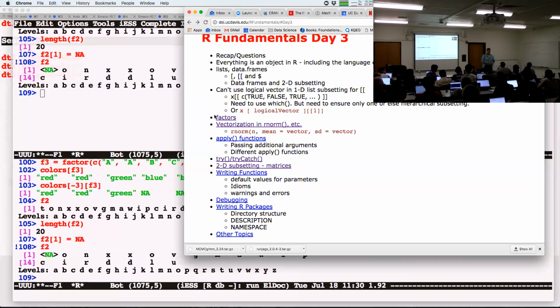Think about that. And I'm going to give you another question, which is, give me back all of the elements in here which are greater than 10. So all the elements of M which are greater than 10.